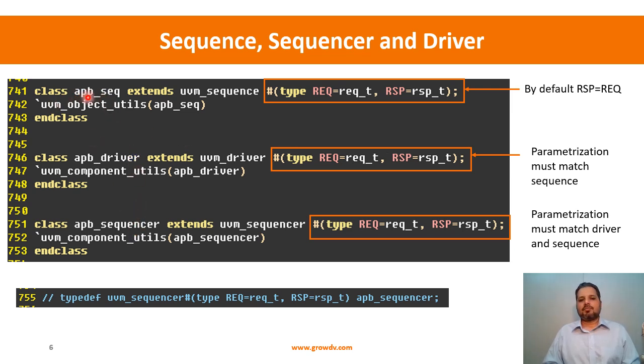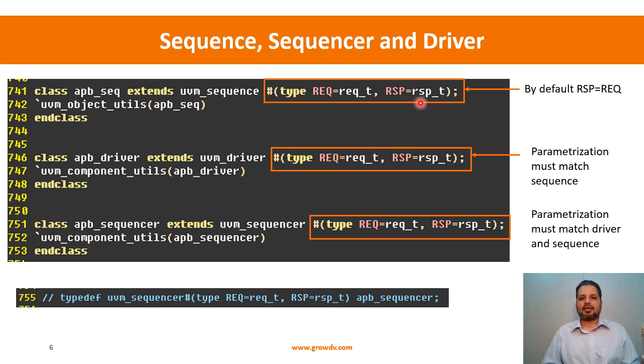The APB sequence extends UVM sequence, and it is parameterized by request and response, and by default, if you do not specify explicitly, response will be equal to request. I have not shown it over here, but in the declaration of the UVM sequence base class, the response is equal to request. But here anyway, we are parameterizing it with